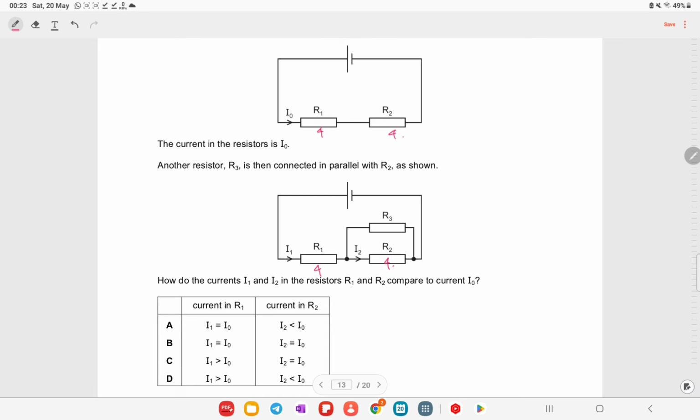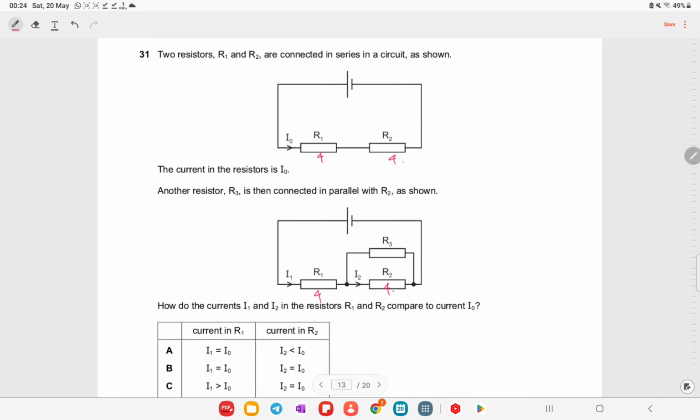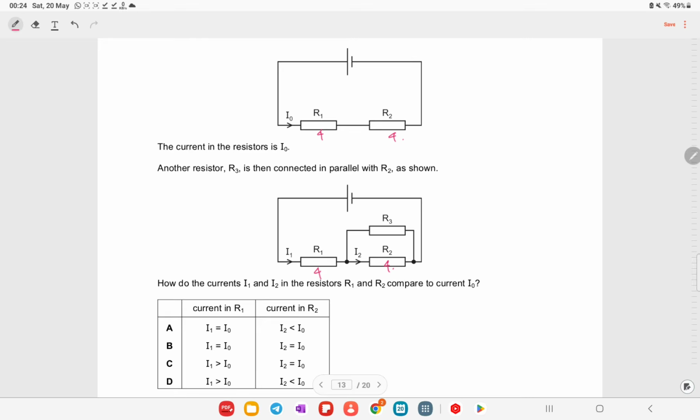Another resistor R is then connected in parallel with R2. Is it saying something about the two resistors being connected in series? They haven't mentioned this. By the way, if you are comparing the current, let's suppose the current is 4, because you know in series the current is the same across the whole circuit, and if we talk about I1, so I1 will be